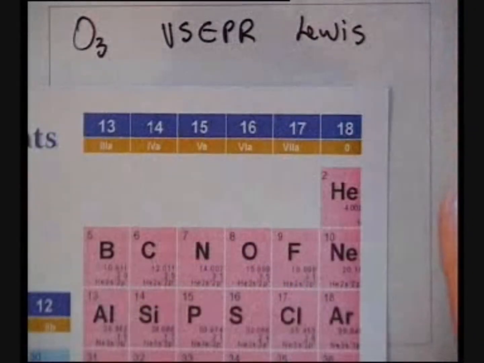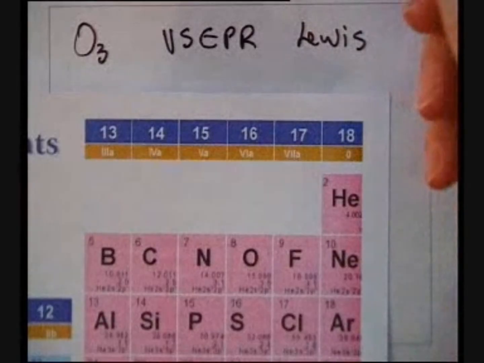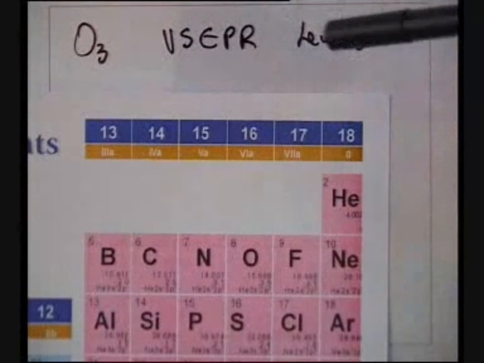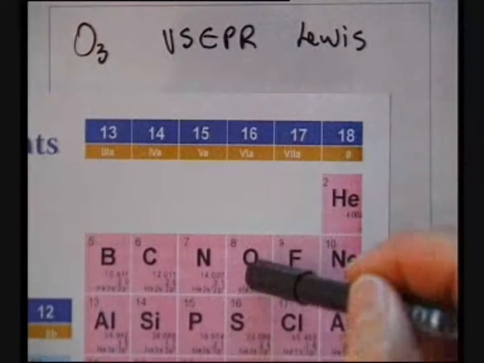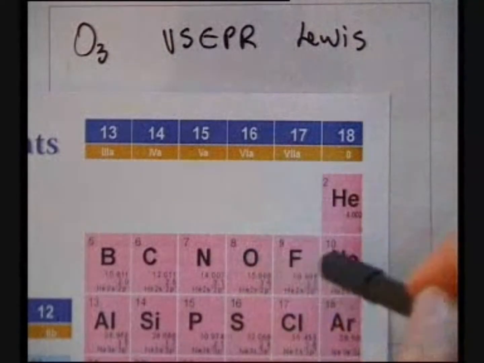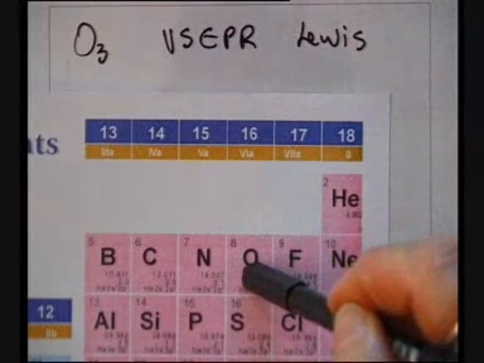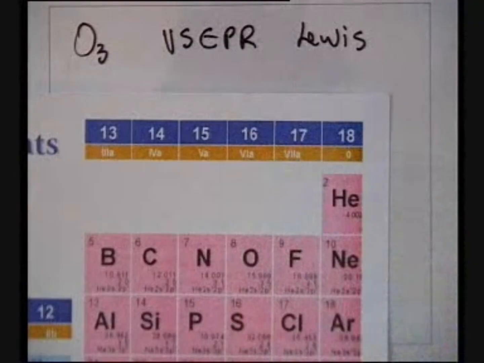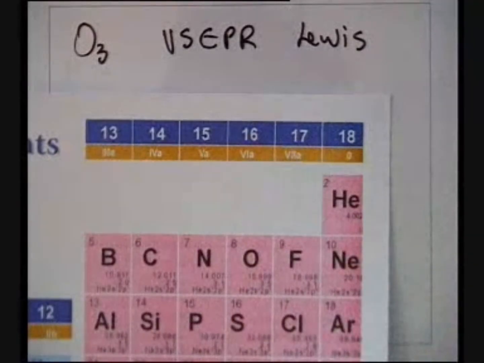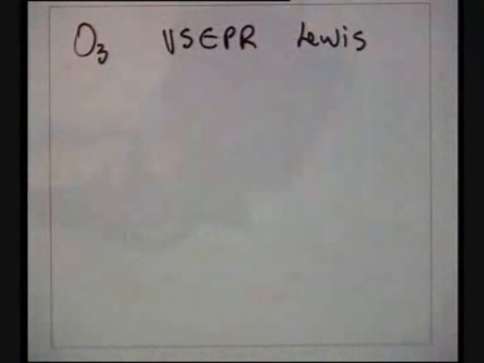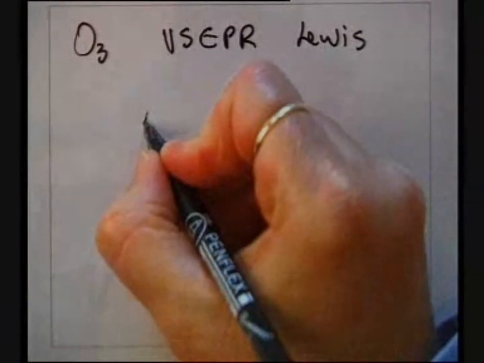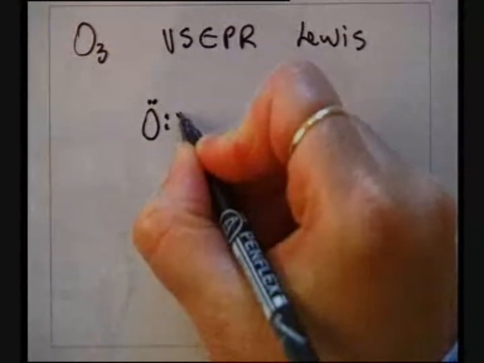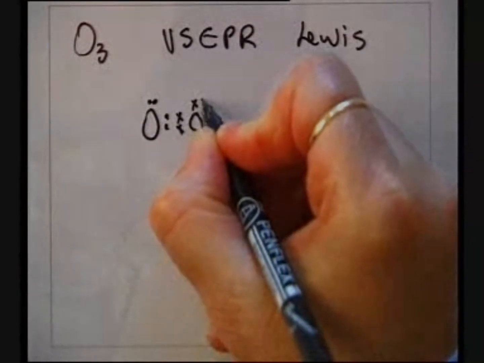The prediction of the molecular geometry of ozone using the VSEPR theory, valence shell electron pair repulsion theory, and we draw the Lewis structure first. Oxygen is found in the 6th group and 2nd period of the periodic table. Oxygen will have 6 valence electrons that can be used for covalent bond formation. Central oxygen, terminal oxygens,